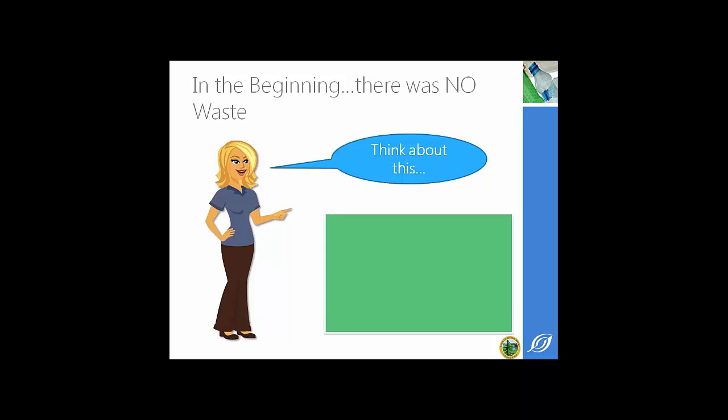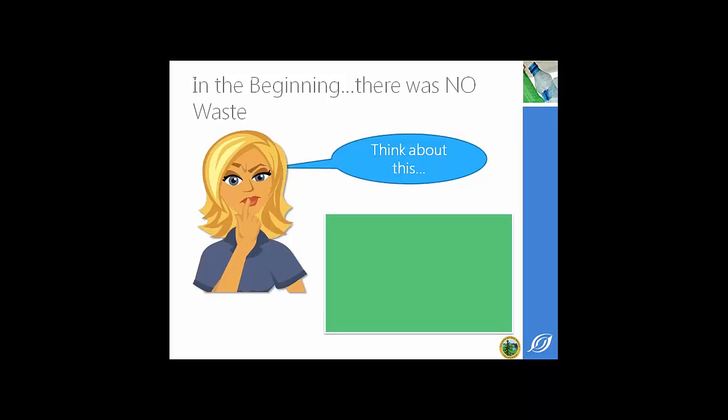So we've kind of learned that in nature there's no waste, but in modern society we're obviously generating and disposing of resources on a daily basis. So we want to think about how do these products and packaging, and agricultural products and all of these materials fit into a resource management system.